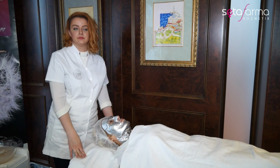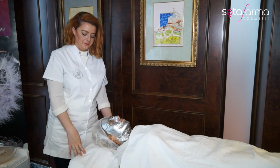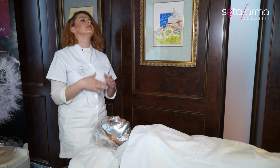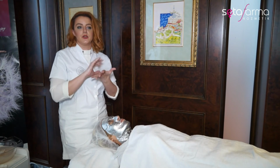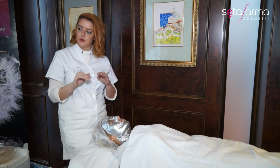But the wonderful thing is that immediately after the first session, the skin, according to the clinical test, is immediately soothed, calmed, the erythema, swelling, itchiness is reduced